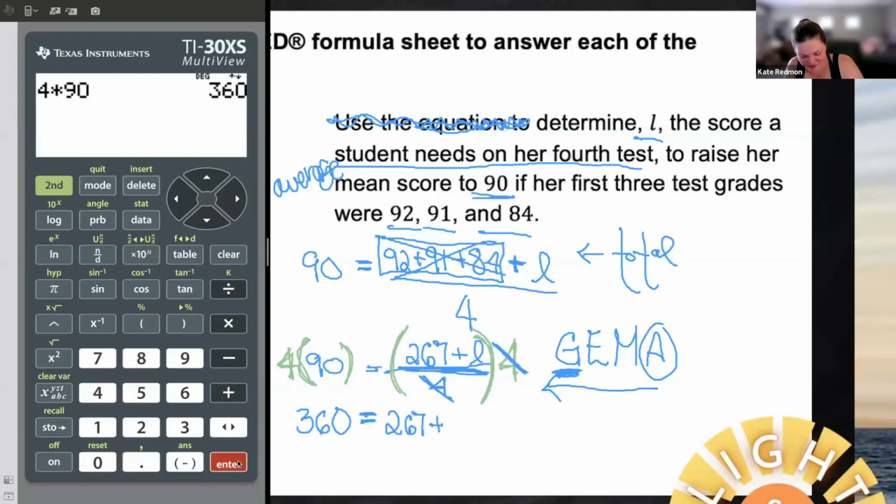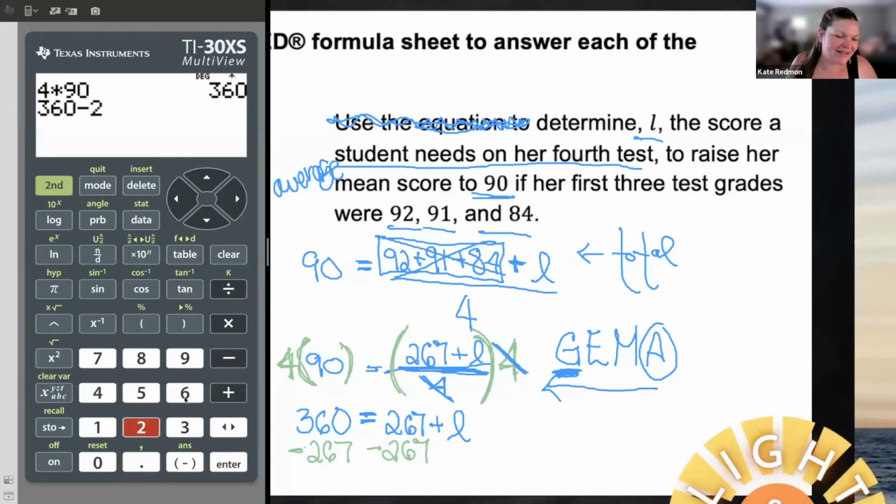It's 267 plus L. And now I can get rid of the thing adding or subtracting with L because I freed that group up. It's not grouped up anymore. Minus 260. Because I'm laughing at myself. I have messed so many things up today. Minus 267 on the right-hand side, jump across the equal sign, subtract it there as well. And I'm going to use my calculator. And this time, hopefully, I type the numbers in right. 360 minus 267 equals